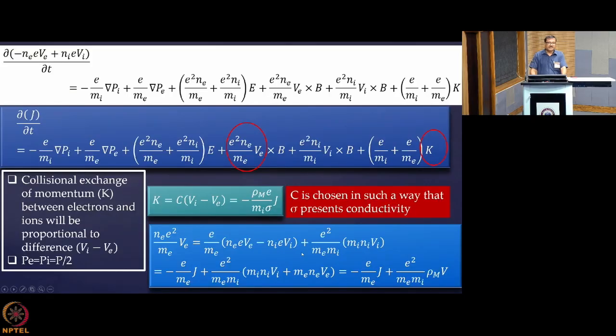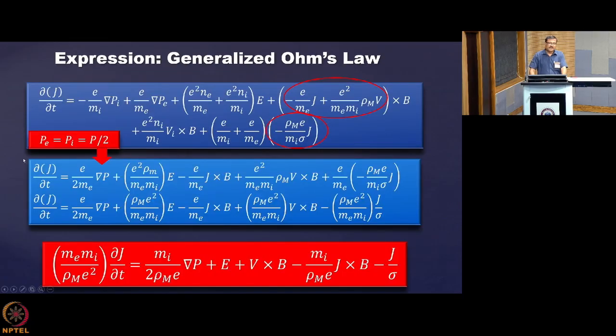In doing so, we had these two terms, grad Pi and grad Pe, and you note that in the derivation of the generalized Ohm's law, we used this and wrote only grad P by twice e Ne. This is neither Pi nor Pe, it is the total pressure. And that half factor appears only because we have eliminated the term divided by Mi, kept the one with Me, and written that in terms of total pressure. So that is how it is. I just wanted to remind you of this part, which I probably forgot to tell while describing that slide. So I finished that.